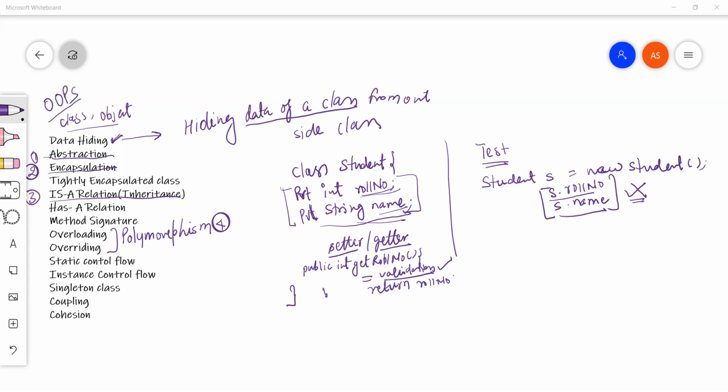That is providing only important details outside the class and hiding other data and implementation. Yes, very close, Ravina. So in data hiding, what we are saying is that the data we have inside the class should not be accessed by a third class or outer class directly. That is data hiding. Abstraction is a kind of similar thing. This is regarding hiding implementation details, like how the system works.